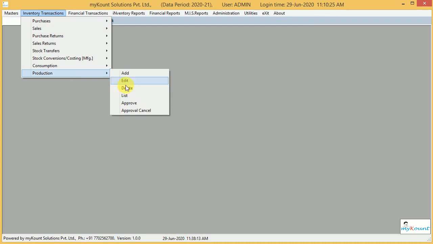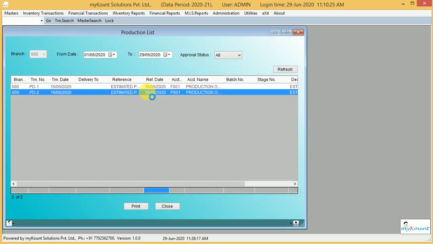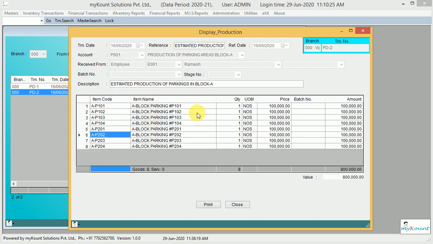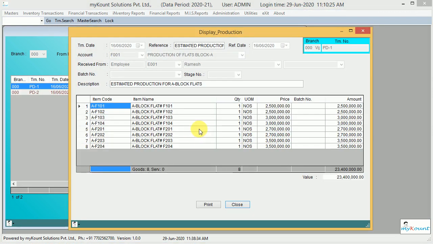Next, production. So at the time of production, we will enter the production, whatever production is done. Here for a construction company, I took one example. So this is parking areas production and this is flats production.